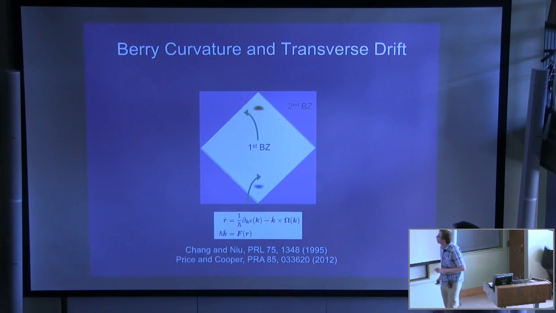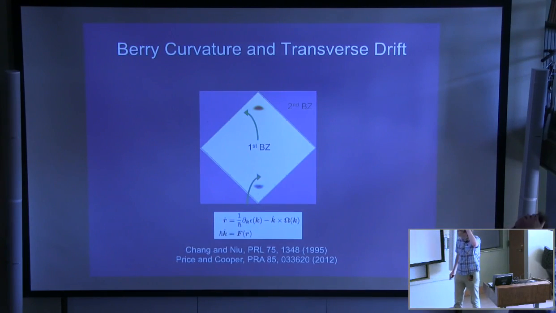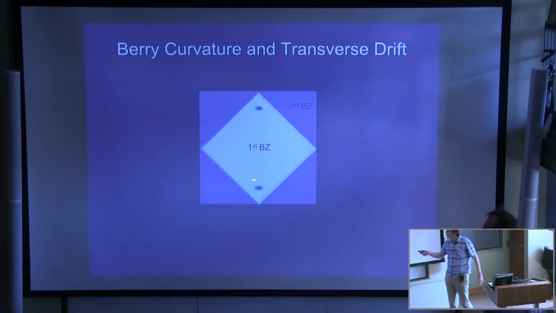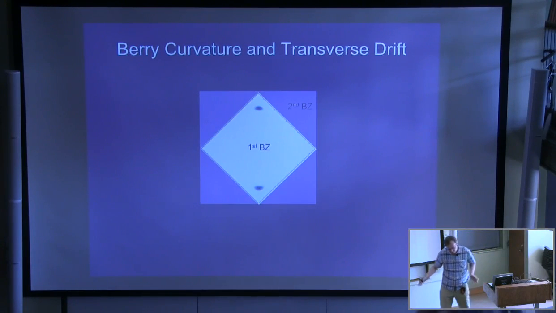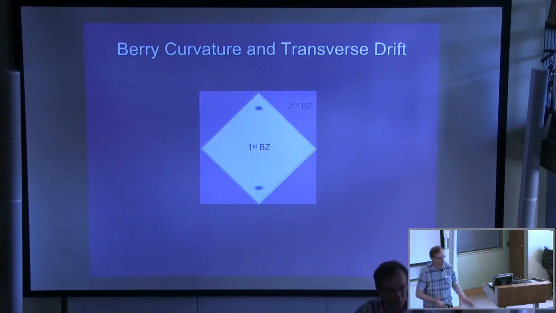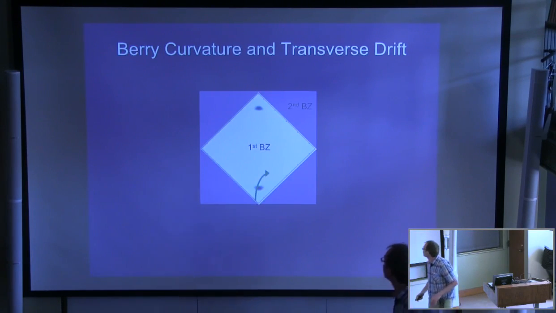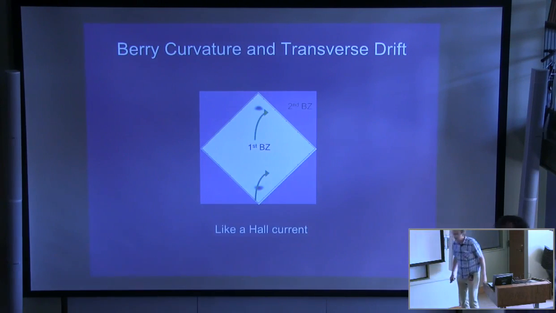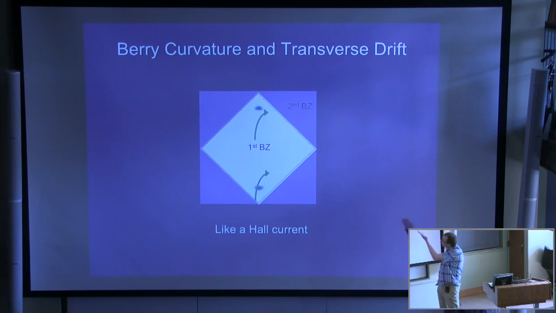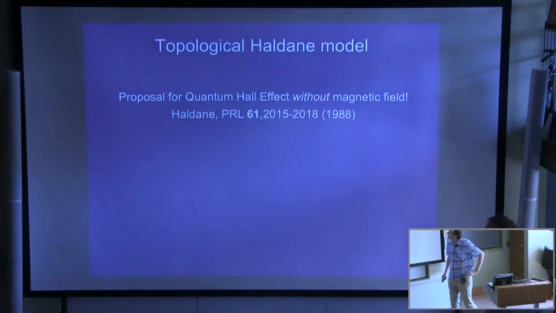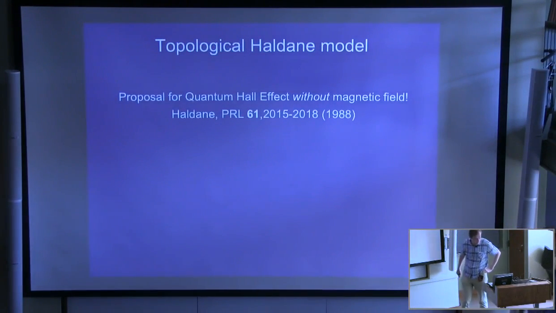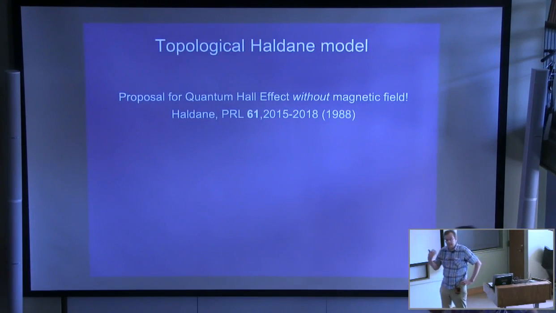you won't see much. Okay, but then you could also argue, what would actually happen if this Berry curvature was the same at both Dirac points? Then you would move to the right, and then you would move again to the right, and that very much looks like a Hall current. Okay, so, and now of course the question is how can you engineer that, and fortunately Duncan Haldane had thought about that long before us,